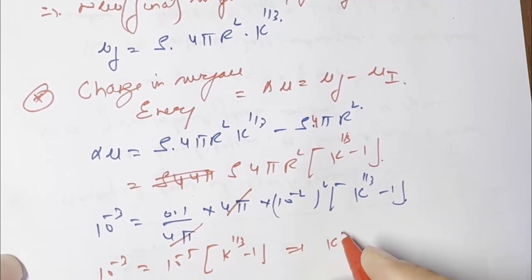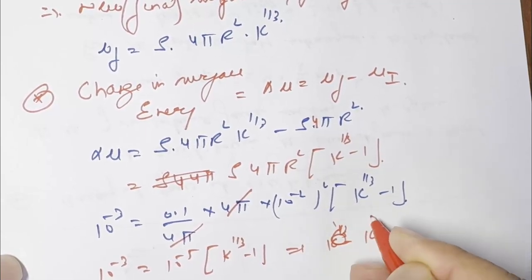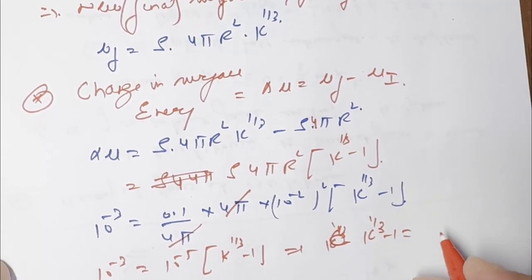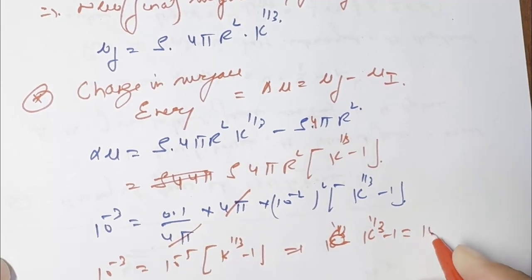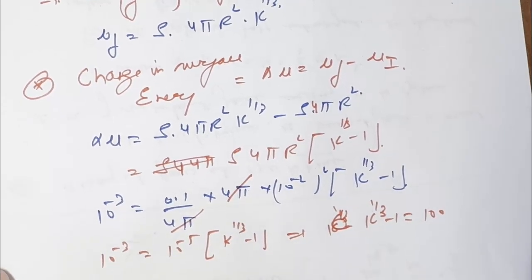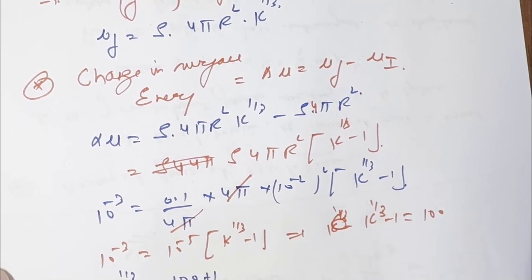So k to the power 1 by 3 minus 1 is equal to 10 to the power 2, which means 100. Therefore we can write that k to the power 1 by 3 is equal to 100 plus 1,